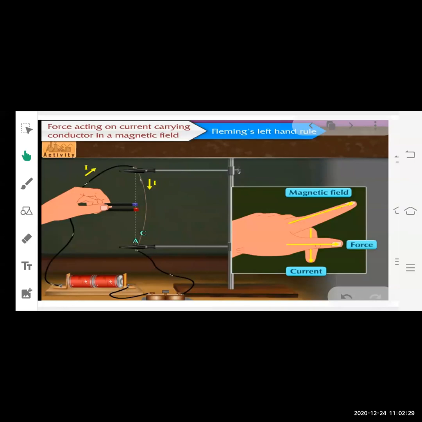You can see here, this is the magnet, and the red end shows the north pole, and the purple end shows the south pole. So the direction of magnetic field will be from north to south pole. So your forefinger is showing the direction of magnetic field. The finger is going inside from north pole to the south pole, and the direction of current is from top to bottom. So you can see the central finger shows the downward direction. In that case, your force is exerted towards the right hand side. That's why you can see here the conductor moves towards the right hand side, or you can say the force is exerted on the conductor on the right hand side.